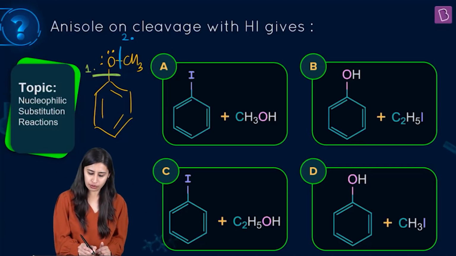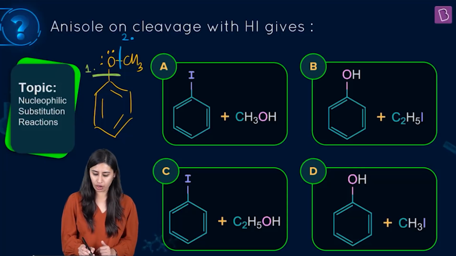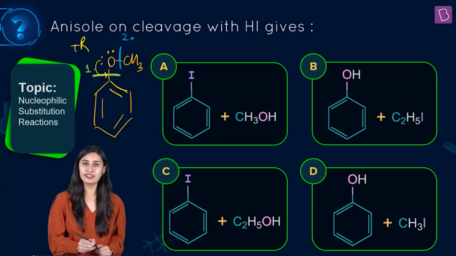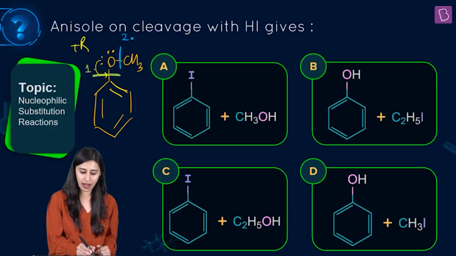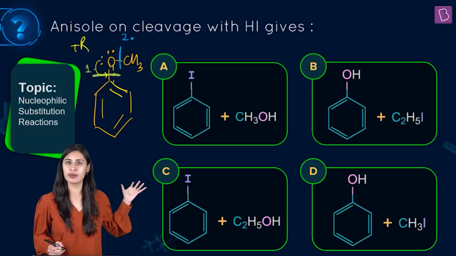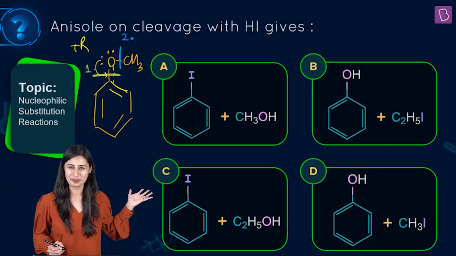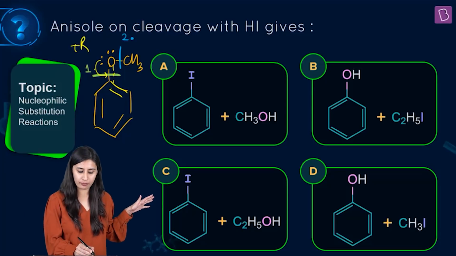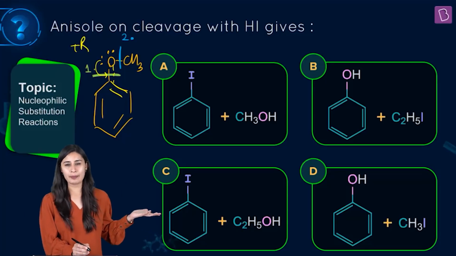Why can't we go green here? Of course, you know the lone pair out here of oxygen is in conjugation with the double bond of the benzene. So what will be there? There will be plus R. And if there is plus R, of course a partial double bond character will come if you make the resonating structures of anisole. So it is impossible for the cleavage to happen from 1. Rather, it will happen from 2.